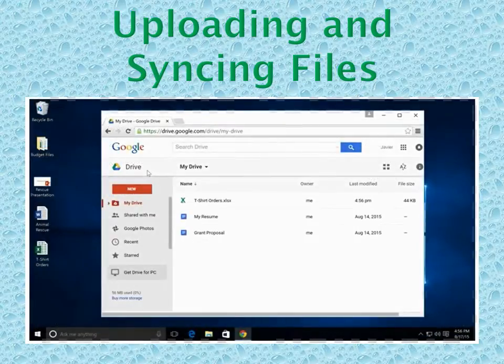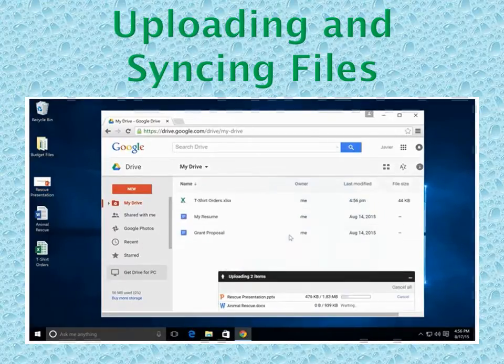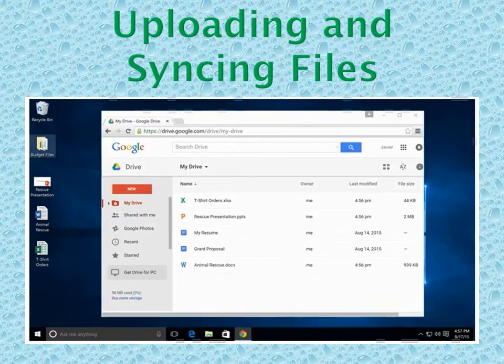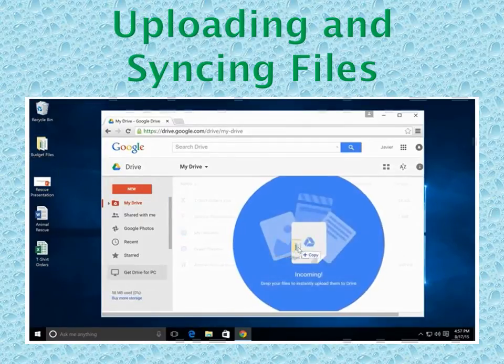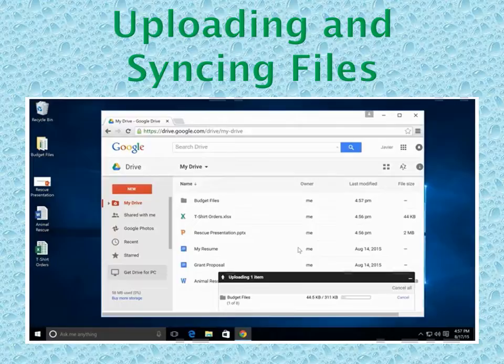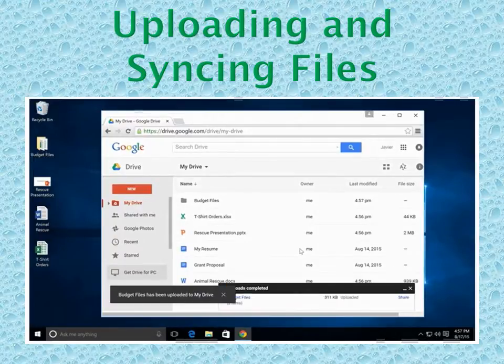If you're looking for a faster method, you can also click and drag files right into your browser window to upload them. And if you're using the Google Chrome web browser, you can actually upload entire folders of files at once. This can help you save time if you want to put a lot of files onto your Google Drive at once. Do note that you'll only be able to upload folders to Drive if you're using the Google Chrome web browser.